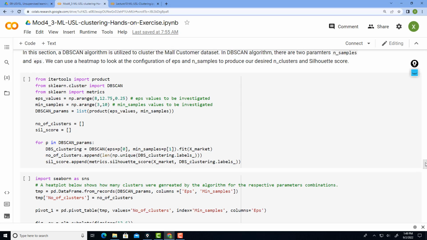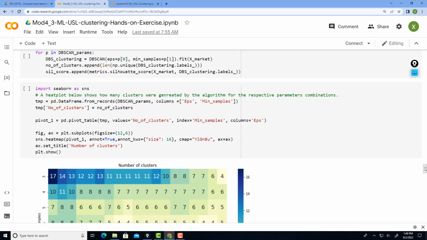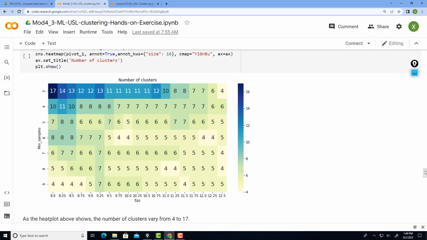For the DBSCAN clustering algorithm, if you remember when we talked about it, there are two hyperparameters we need to choose. One is the minimum number of core samples you want to have. And the other is epsilon, the distance threshold, which determines how you consider samples as core samples with respect to the current data point. Basically, this is another kind of model selection. So we are going to change the epsilon values and the minimum number of core samples requirement values.